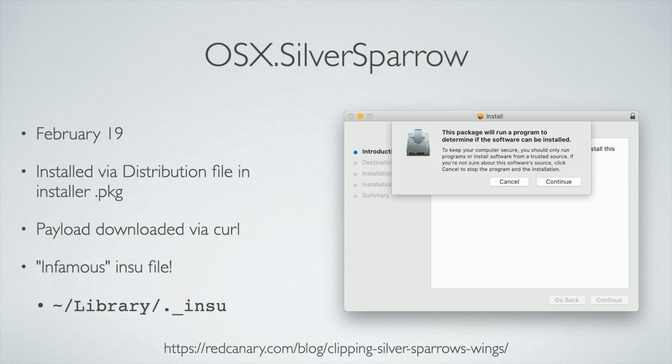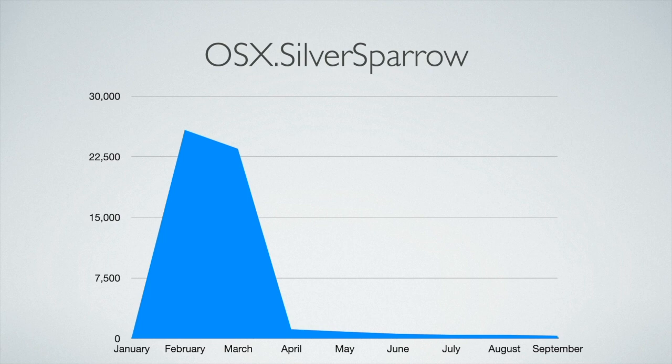We got some data on detections of the .insu file and got some hashes of it, all exactly the same hash, and if you hash an empty file, you get the same hash. So it was just a completely empty file. Still have no idea where it was coming from. There are many theories, like maybe the malware had run its course and the operators had decided to self-delete, so they had it deploy this file and self-delete. Could be that it was from something else. We don't know. And there was a lot of controversy about that file.